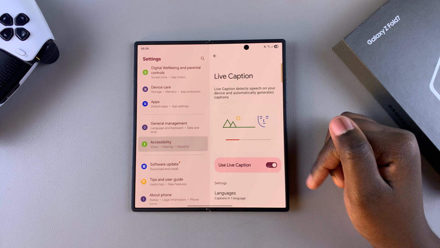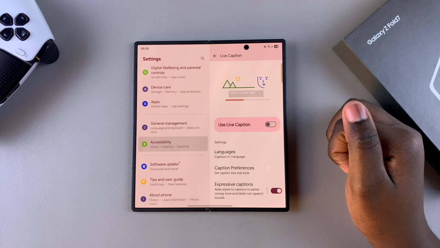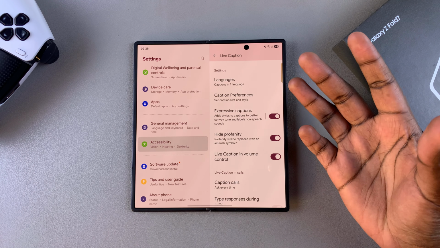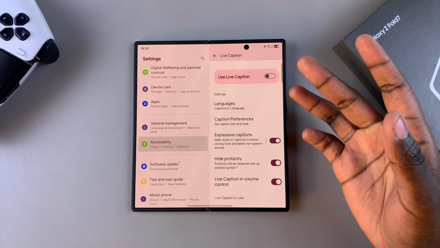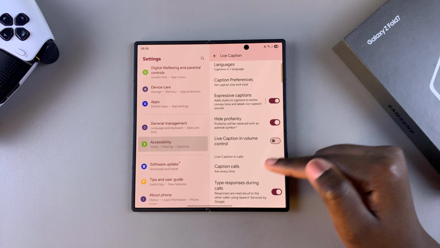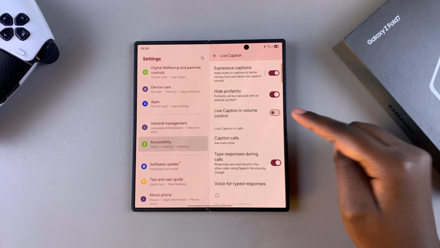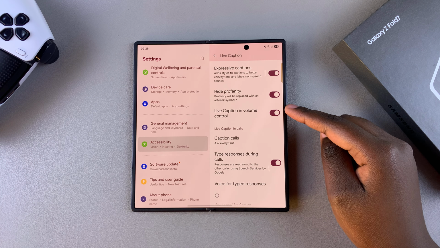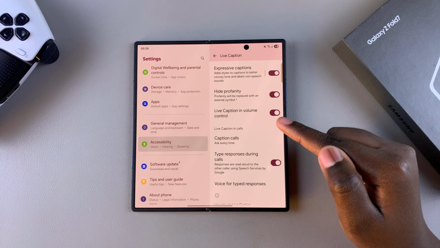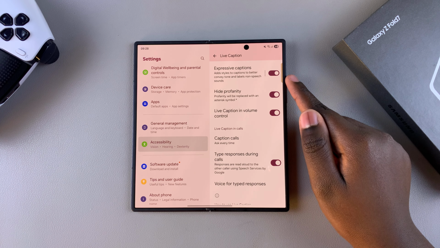If you want to disable live captions, you can just tap on the toggle at the top and they'll be turned off. Alternatively, if you've already gone through the process of setting up and customizing the live caption feature to your liking, and you now want to use the shortcut, you can just come to live caption in volume control and tap on the toggle to enable it. And so now you can use this feature to successfully turn live captions on or off from the comfort of